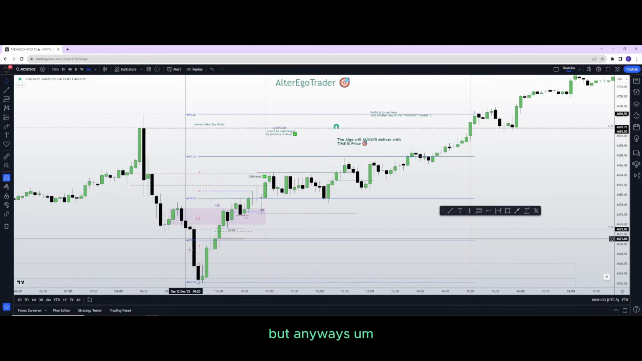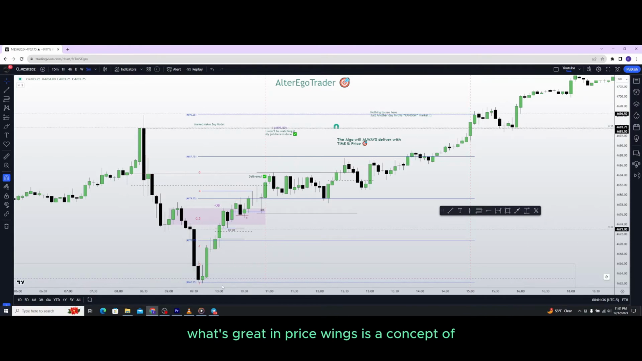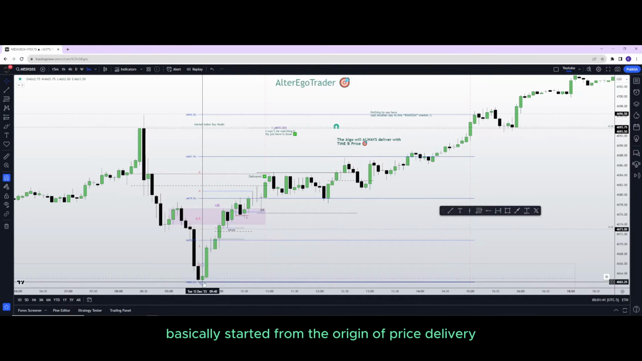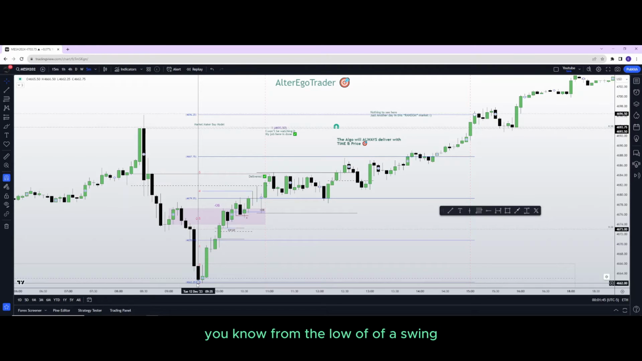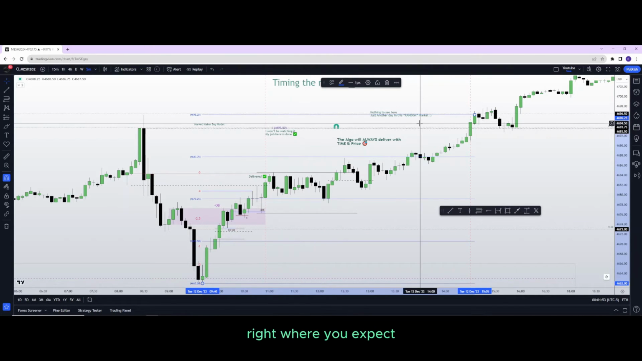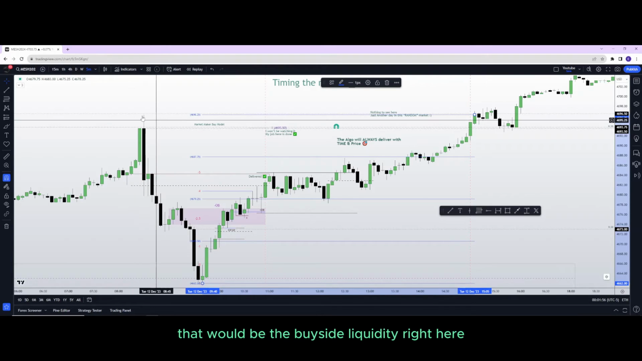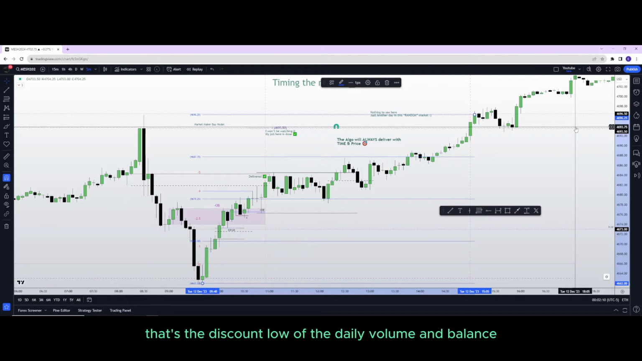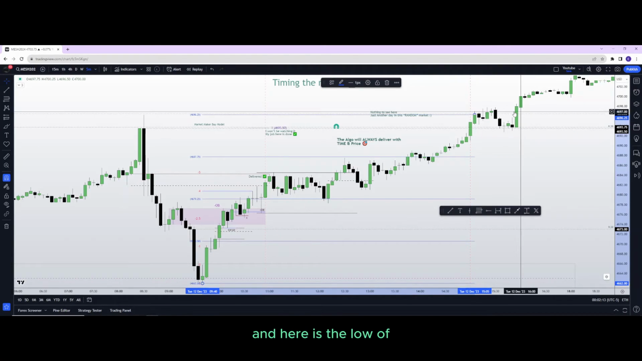But anyway, one of them is grading price swings. Grading a price swing is a concept taught by ICT. Basically, starting from the origin of price delivery, from the low of a price swing, to the high of the anticipated price swing, that will be the terminus, where you expect price to reach for. That will be buy side liquidity right here, and down here, that's the discount low of the daily volume imbalance,